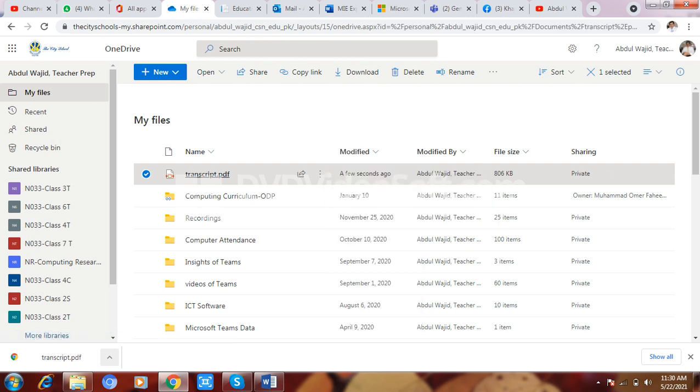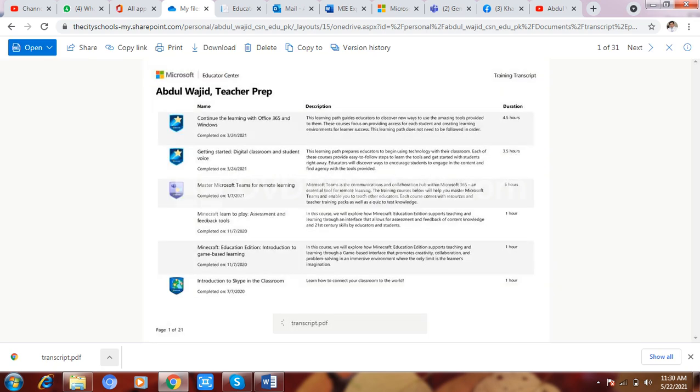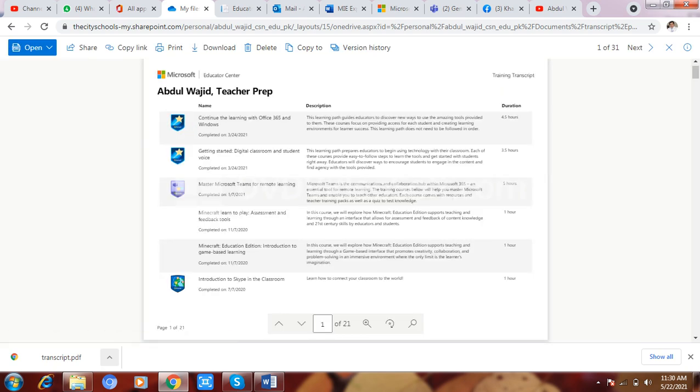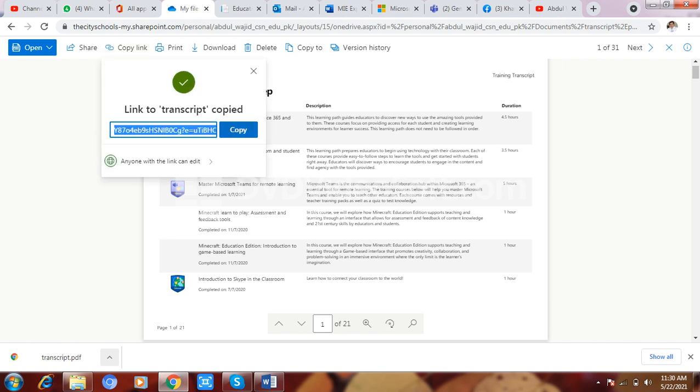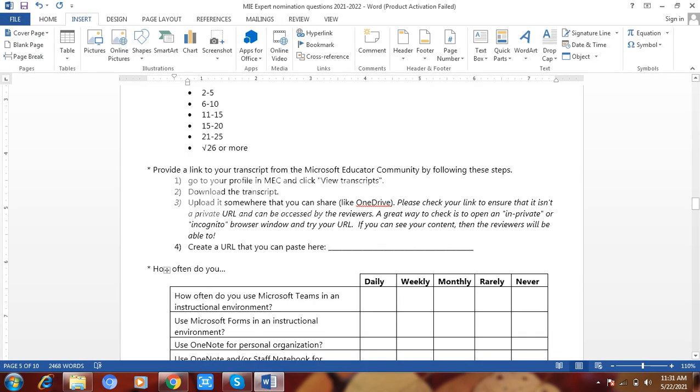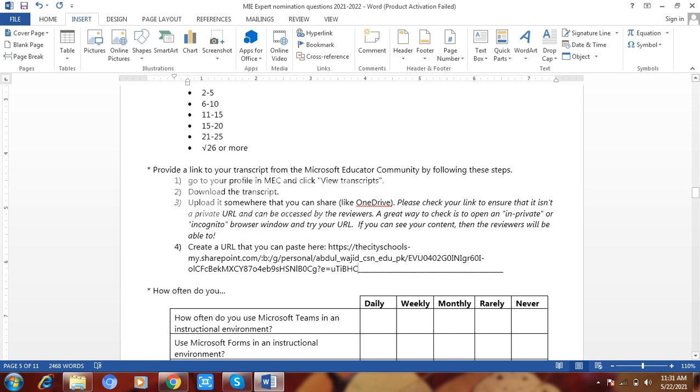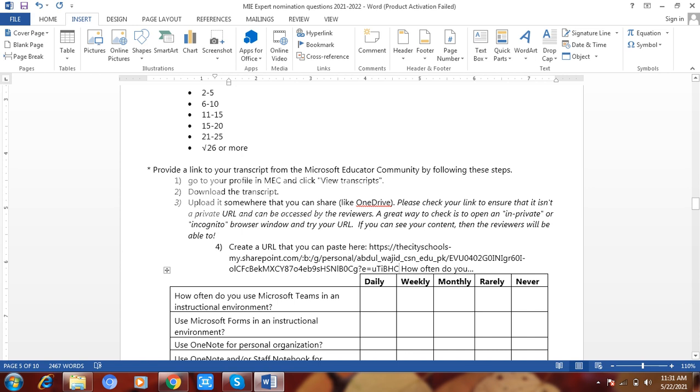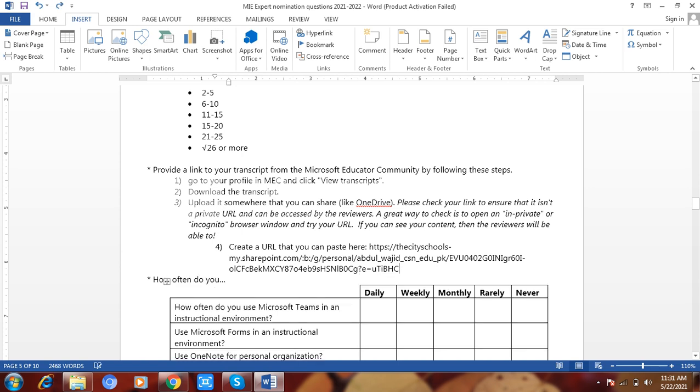use Microsoft Teams for instruction? That one, yes, daily. You will click here and insert a symbol. If you want to write yes, you can. Use Forms for instruction, yes, weekly, we can. We will copy that one. If you want to write yes, it's okay, you can. Which OneNote organization do you want to use, where will you take it?